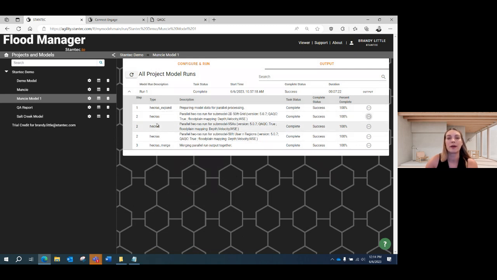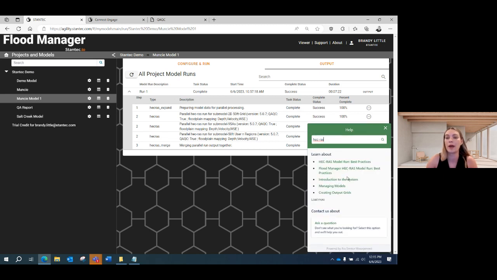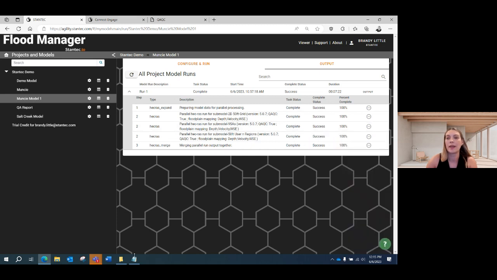And I have some examples back in our presentation we'll go through of where we've really seen major time saves in these projects. But we also have a help button here that you can use and the users can actually be able to look up how to run models, best practices, all of that information is easily accessible within the UI.